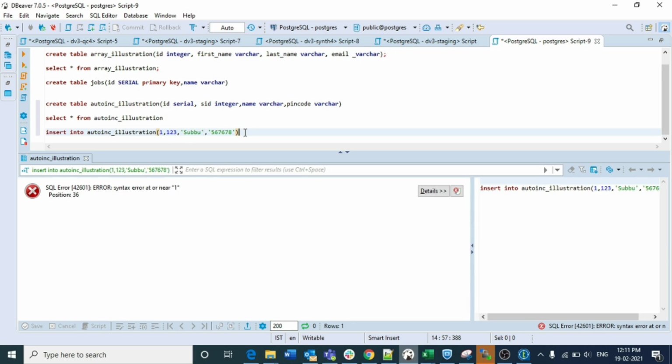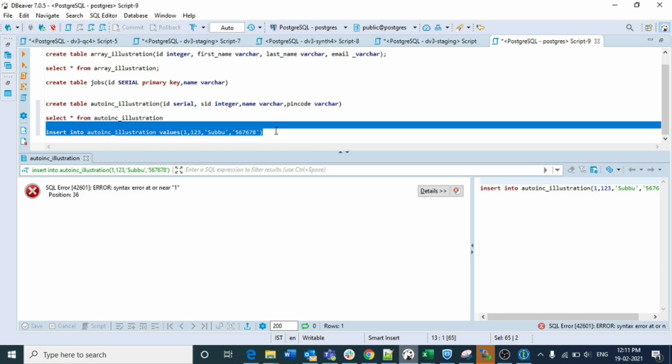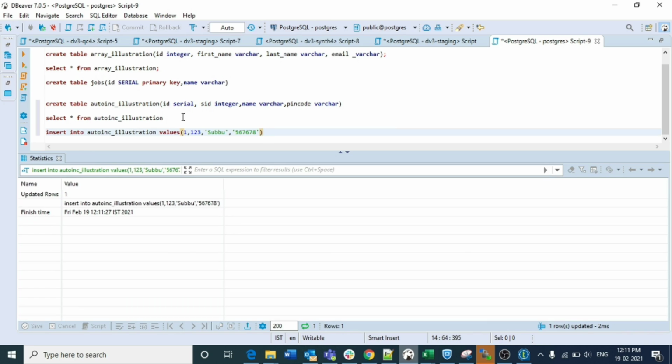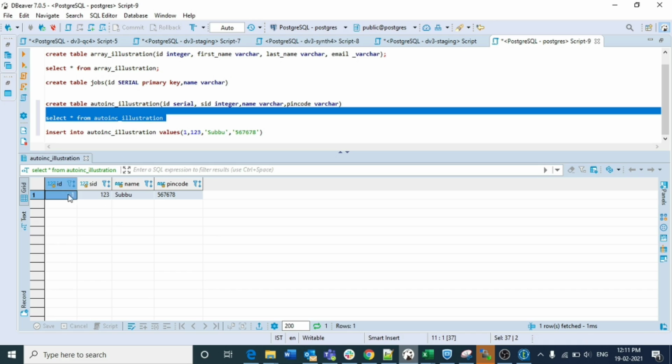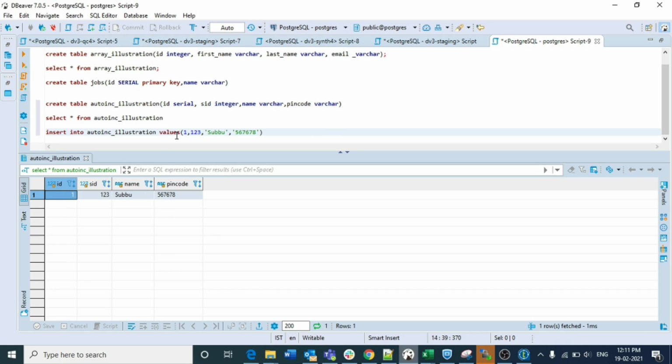It is showing an error, syntax error at serial. The syntax is insert into table name values. Now if you run select star from the table, that record was inserted. But here, even though we included the column as serial, we mentioned the ID value ourselves. But if you don't want to include that ID value, and you want to insert only the other values, with the ID value coming automatically,